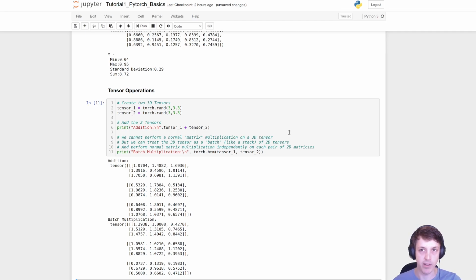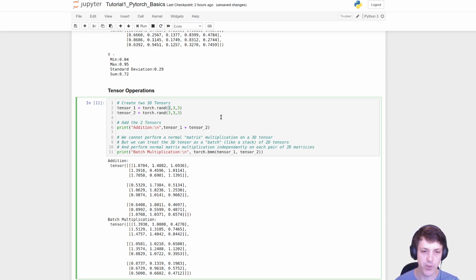But let's say we've got 10 pairs of matrices. So we have two matrices, let's say we have 10 pairs of them, and we want to multiply each of those matrices together independently. In this case, we've got pairs of three 3x3 matrices. You can think of this 3D tensor as three 3x3 matrices, for example, where this first dimension here is what you could call the batch dimension, right? So what if we wanted to multiply these pairs of three 3x3 matrices together and get, as a result, three